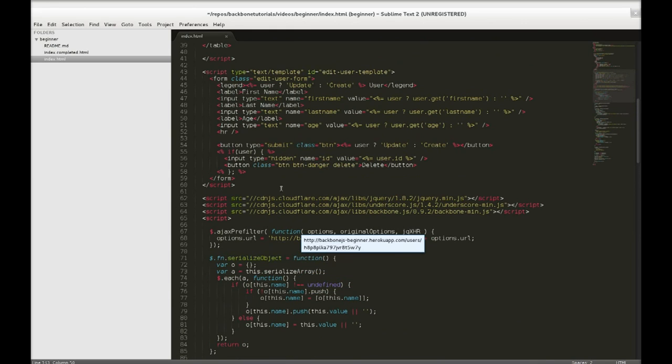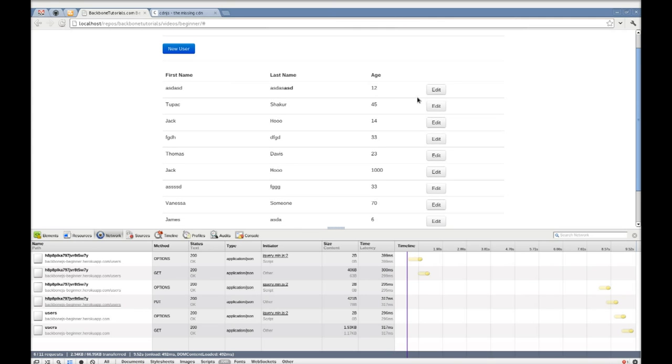So I'm just going to jump back up here. I'm just going to type equals button so it stops submitting the form, and let's just refresh that again